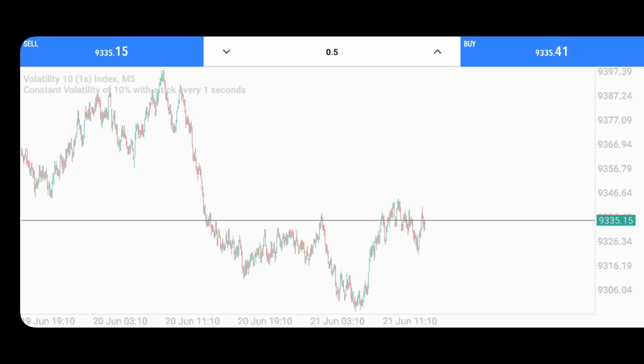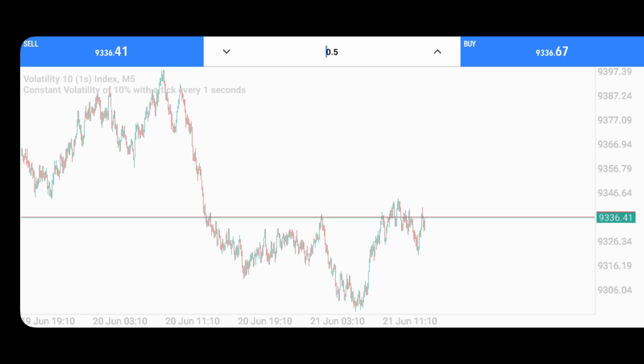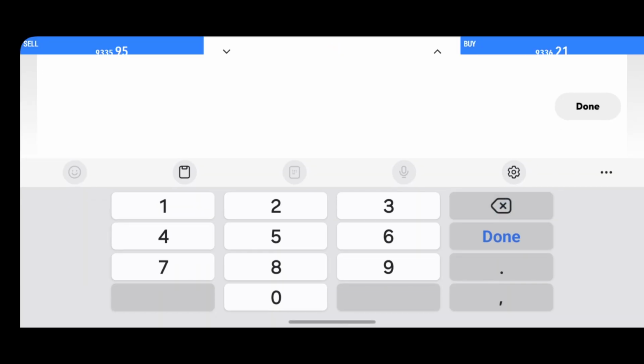So some of these things vary from volatility to how volatile they are. So what I'm saying in essence, or your takeaway from this video, is whenever you want to make an entry, make sure that you remove the number, if you are not sure of the lot size. Because I've been trading this for a while, I am familiar with most of the lot sizes that are here. But for those who are coming in new, or those who have not really been trading synthetic indices for quite some time, whenever you come in, the first thing you need to do is to remove this particular number that you are seeing if you are not sure of what the least lot size should be, and then you start